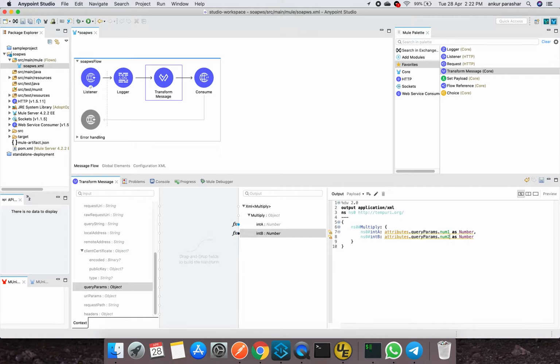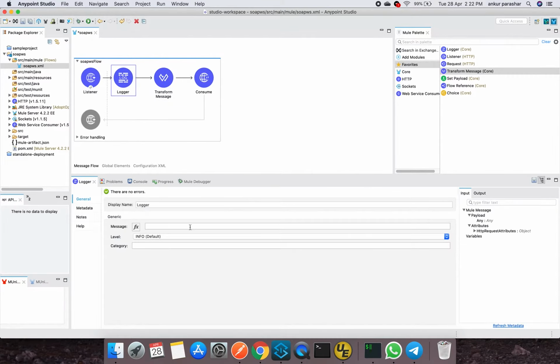So what we are saying is, we will be sending two numbers as num1 and num2, and this will be acting as an input to this particular web service. So as usual, I will put some dummy message over here. Multiply operation invoked,